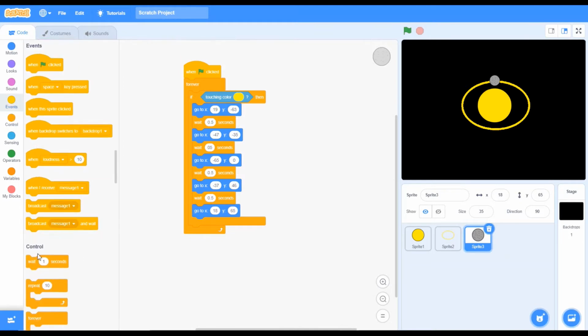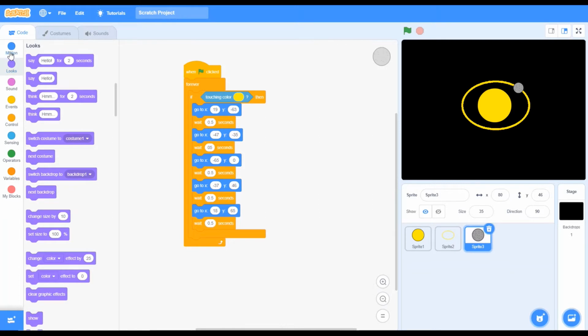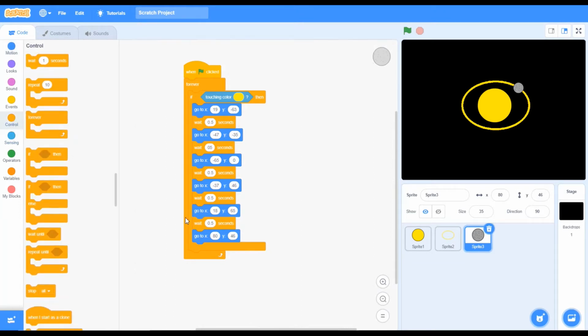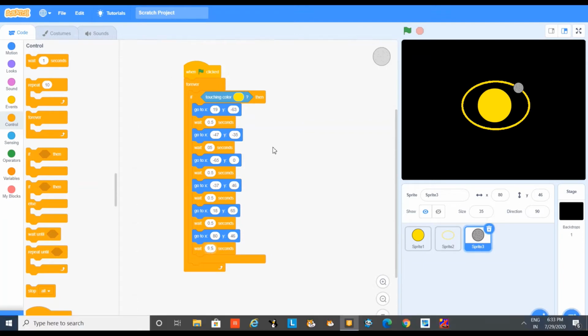So I will go to the controls. Actually we will change it to 0.5. Oops. So I want to keep it maybe here. Okay, it's looking good. Then we will pick this thing again, the motion block. Then we will go here. Actually it can build a lot of things, it will create a tower.